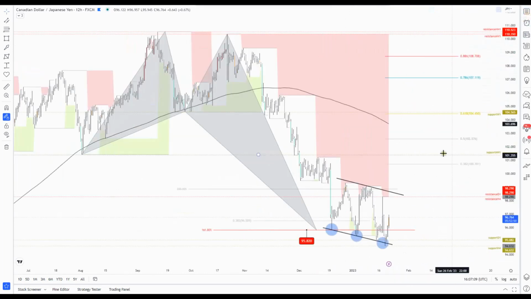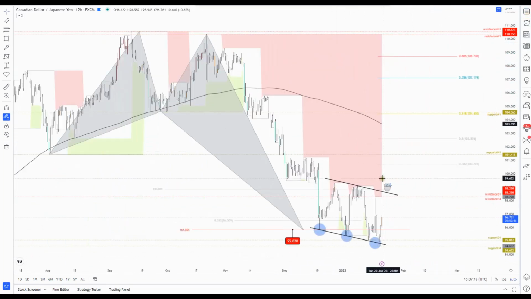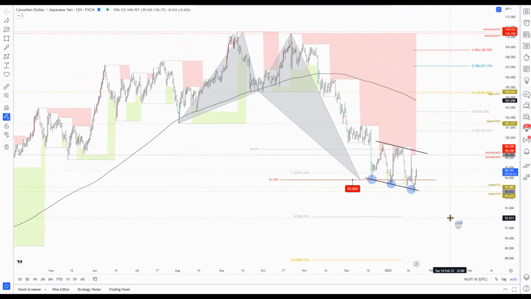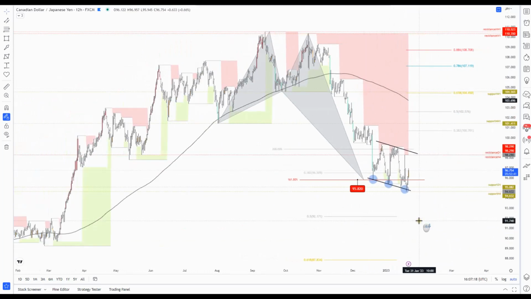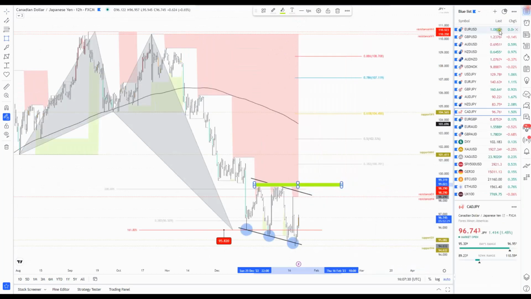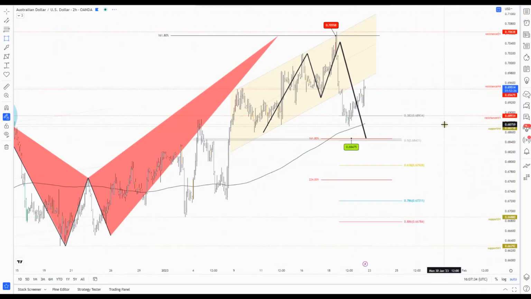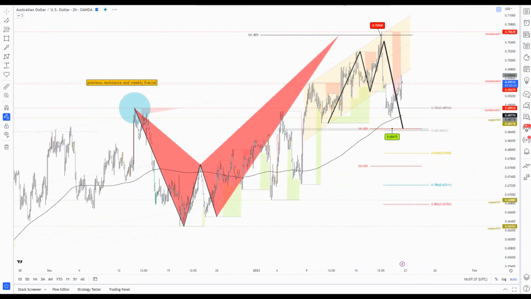The Canadian dollar versus the Japanese yen, very similar situation, but instead of printing a double bottom, we have what we may call a three drives pattern formation. This three drives pattern should target the highs of the channel. A clear example of a three drives pattern was formed before for the Australian dollar: the first high, the second, the third drive,